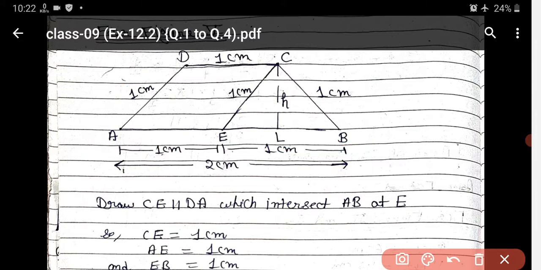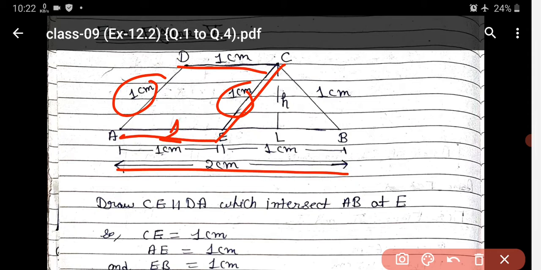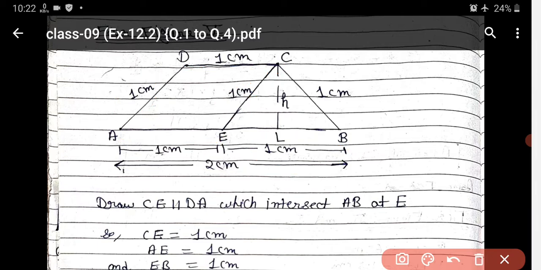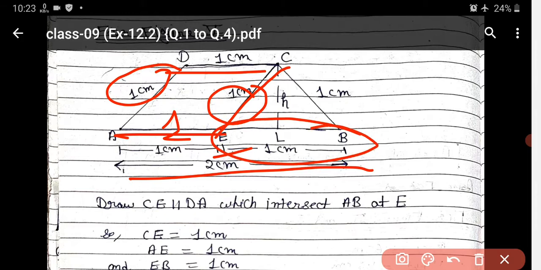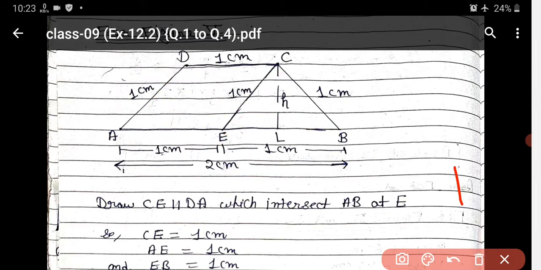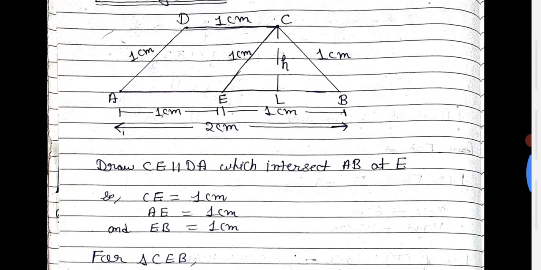Total is 2. Now what you do, draw a line parallel to AD from C. You have to draw a line parallel to AD which intersects AB at E. So when you draw, it is 1, and this also becomes 1. And this one is 1, so up to this one also remains 1. As total is 2, so this part also becomes 1. Okay, but again I am going to explain. Just draw the construction, draw a line parallel to AD which intersects AB at E. Then it is 1 now, so when you draw a line parallel to it, it also becomes 1. As it is 1, so this part also remains 1. Now total is 2, so this remaining part is also equal to 1. So all of you know how I write the values here.